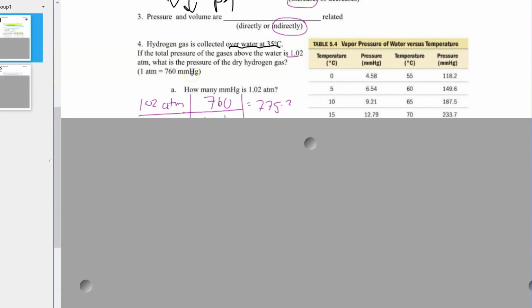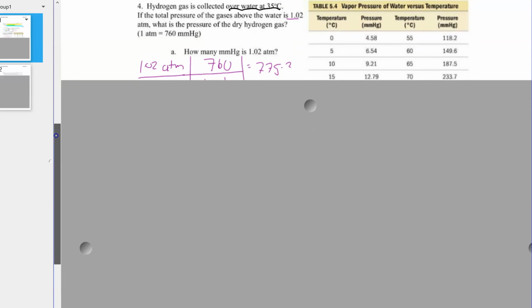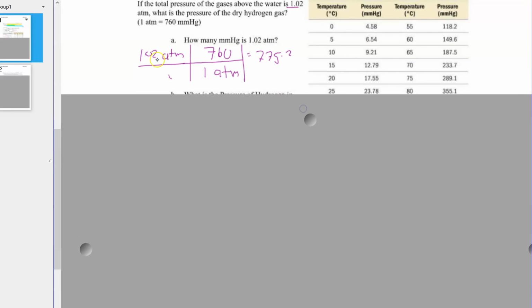1 atmosphere is 760 millimeters of mercury. So why do we have to do that? Because the table you're given is all in millimeters of mercury. So the first thing is we've got to convert our 1.02 atmospheres for the total system into millimeters of mercury. So how do we do that? We take our 1.02 atmospheres over 1. This is our factor labeling. You could say question mark